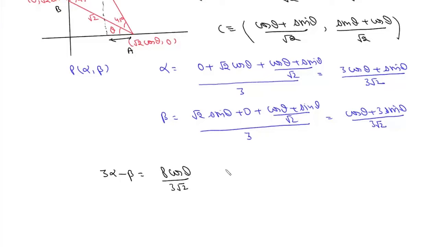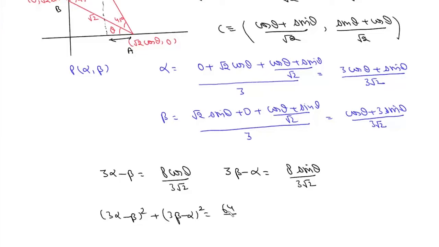In the same way, for sin theta, we'll multiply the second with 3 and then subtract the first from it. So then it will be 3 beta minus alpha, and we can write this as 8 sin theta upon 3 root 2. Now we'll square and add them. We can write this as 3 alpha minus beta whole square plus 3 beta minus alpha whole square,